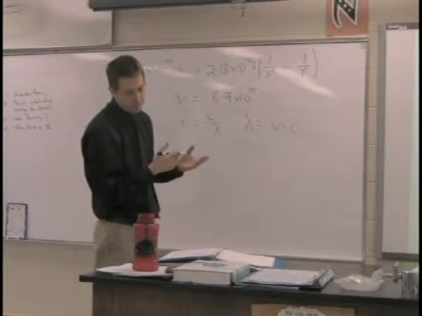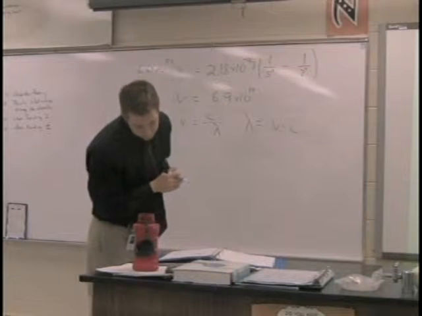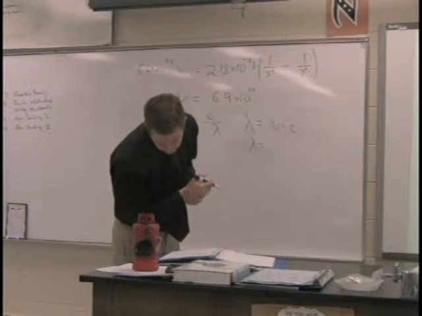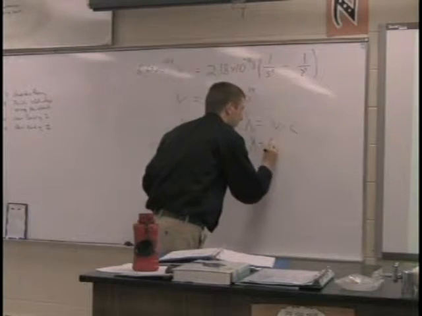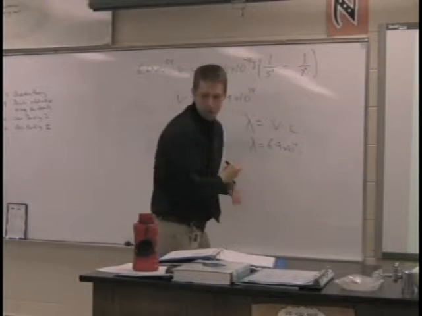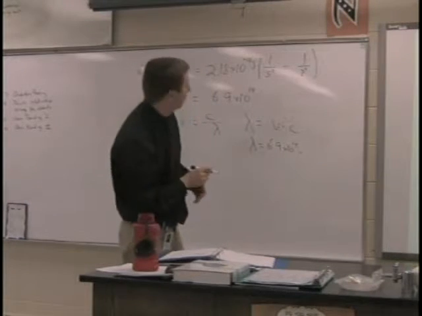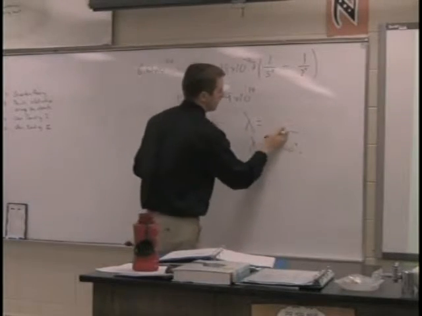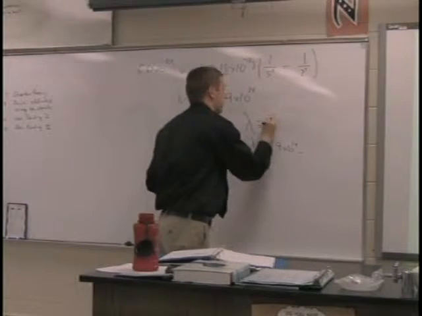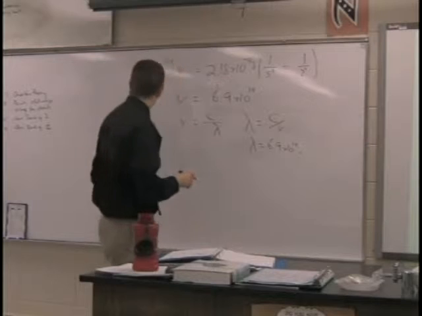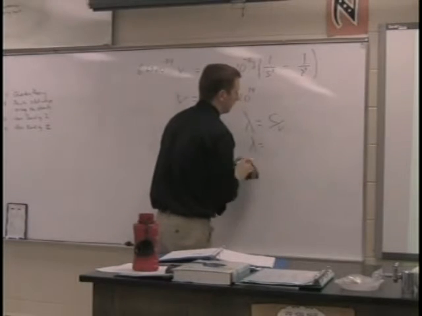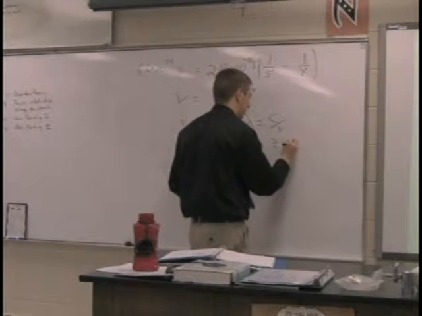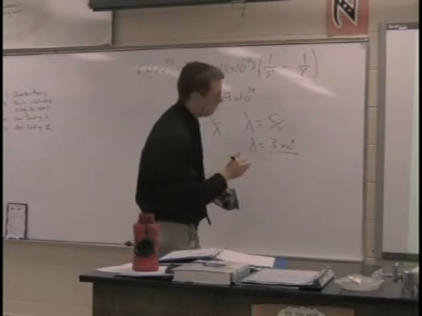So plug this into your equation then. Lambda equals, the v given to me is 6.9 times 10 to the 14th, speed of light. Oh, I'm sorry, I said this up wrong. If I wanted to solve for lambda, it would actually be c divided by v. So now, what I should do instead is take the speed of light, which is 3 times 10 to the 8th, divided by the v value that I had before,